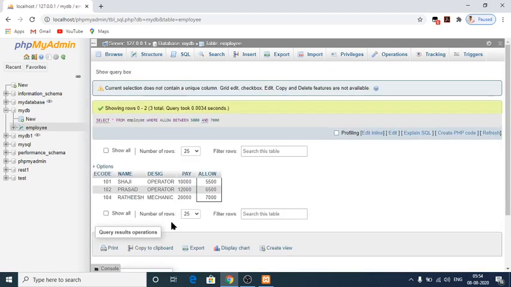Yes, see, those whose allowance is from 5000 to 7000, that person's details alone have been retrieved here, and what they have given within the border is the exact parameter we are looking for.